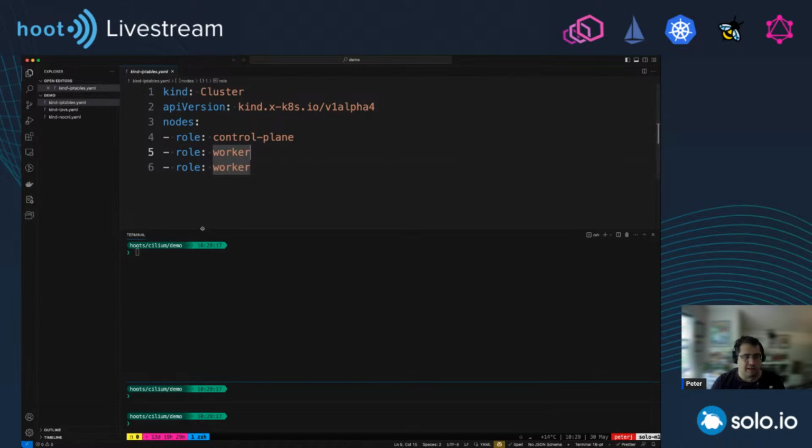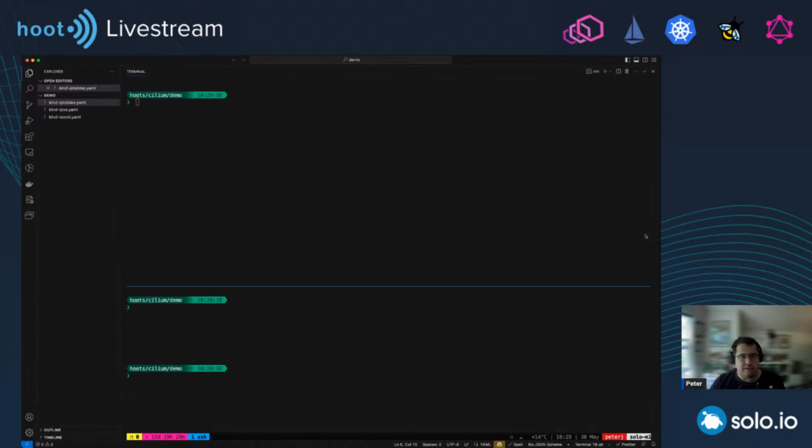So let's do that. We'll do kind create cluster, config, and then you pass in the kind IP tables YAML file. So this might take minutes.